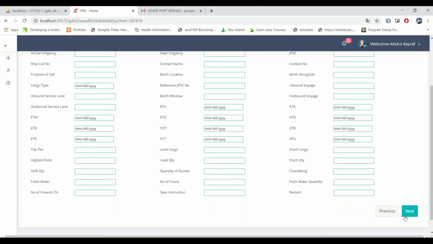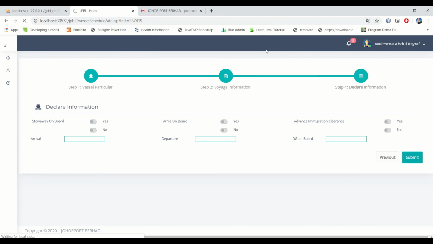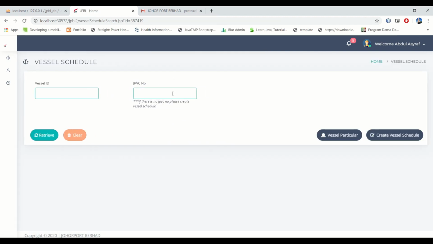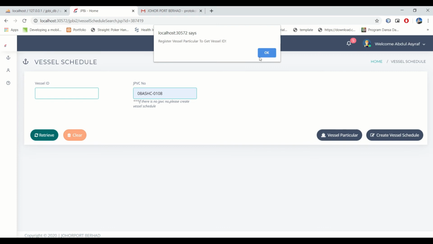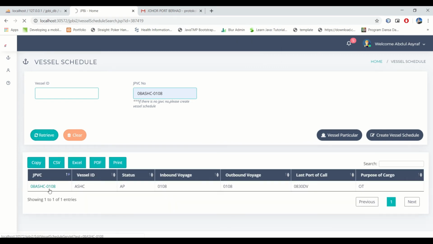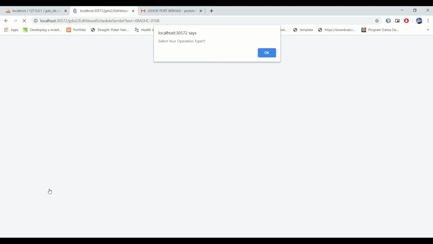Then I can fill in all the information about the journey, the ship's journey. Okay, let's say I want to retrieve vessel schedule information, so I can view from here. And the important thing about this module is the JPVC number. So from the JPVC number, the user can access all data. After that, we can see how the JPVC number can bring the user to submit all the documents related to their